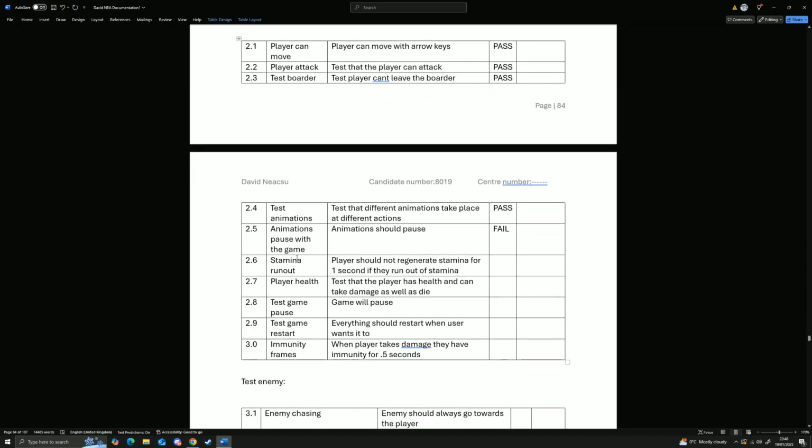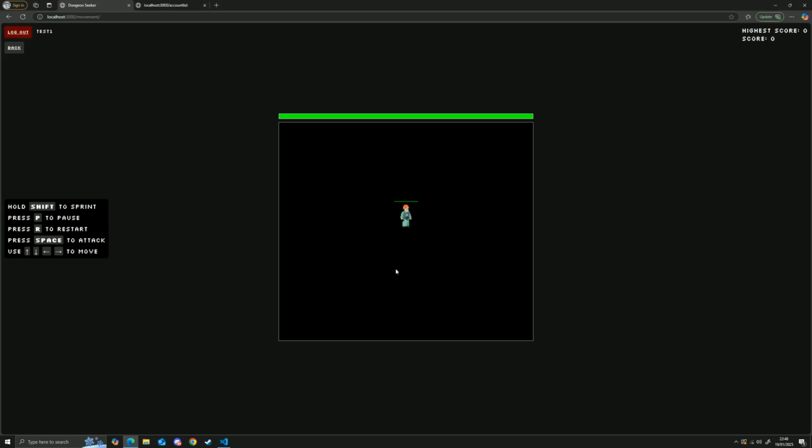And then the stamina runs out. The player should not regenerate stamina for 1 second if they run out of stamina. So the stamina is a green bar at the top, on top of the box. You can see when I press shift, I move faster, but it goes down. And when it goes all the way down, it doesn't recharge for 1 second, so that the